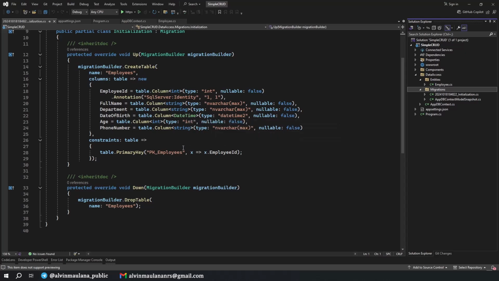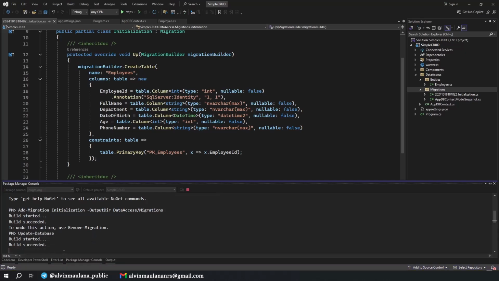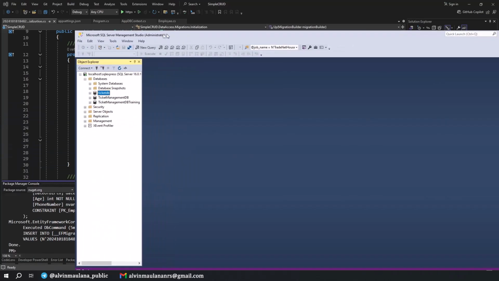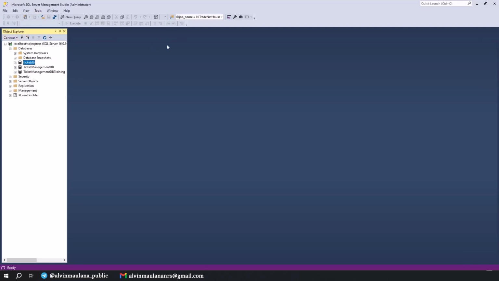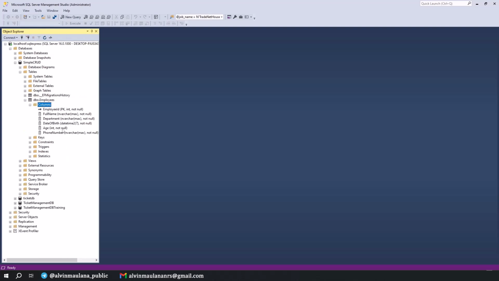No, it's still not complete because we need to synchronize to our database. So what we should have now is Update-Database and enter. Nice, now it's a success. If you check your database, I open SQL Server Management Studio, and in here I try to refresh. Yeah, this is my previous project. I just refresh it. Nice, now I am able to see the database of SimpleCRUD with the table of Employees in here. We can see the columns also. Okay, nice. Now the table is created.